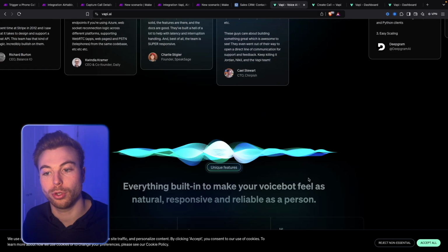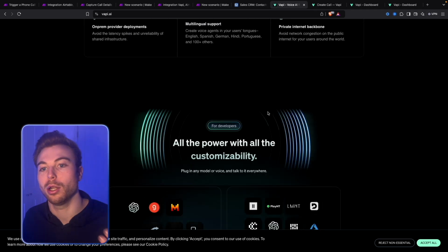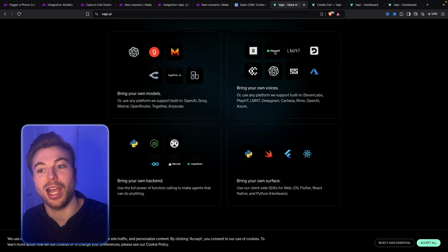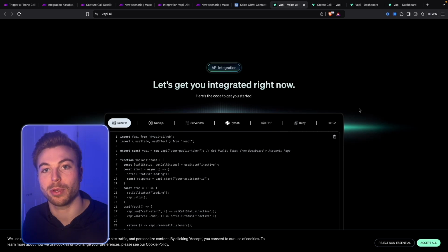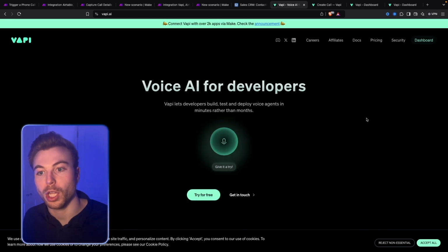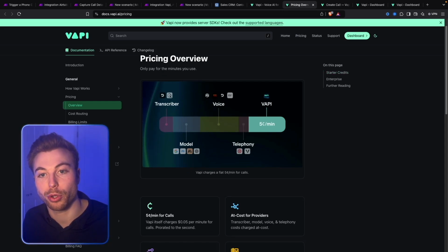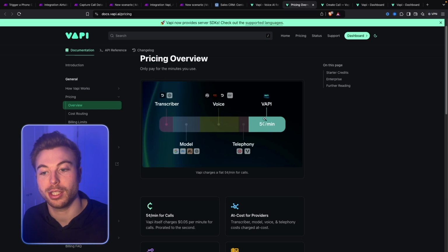systems coming through. And if we come a bit further down as well, we can see that we can interrupt it. Lots of different unique features there, lots of different integrations for the voice, whether it's 11 Labs, Cartesia, some of the other ones that we've got in here, the backend that sits behind it if you want OpenAI, your own one. So that's a quick overview. If we come into the pricing side as well, you can see how it's broken down. We're looking at around 10 to 15 cents for a lot of the use cases. We've got a fixed fee of 5 cents a minute from VAPI, but the rest is fully customizable depending on